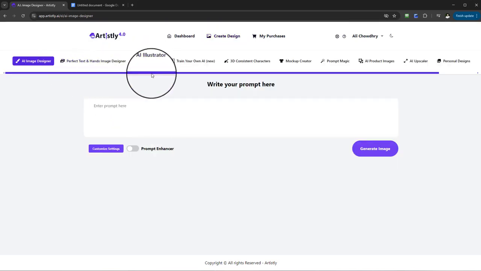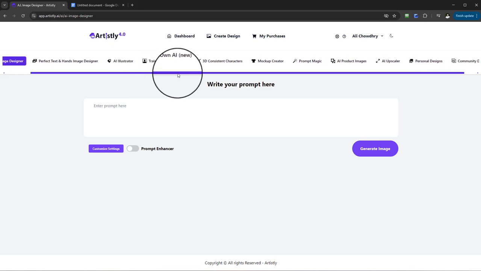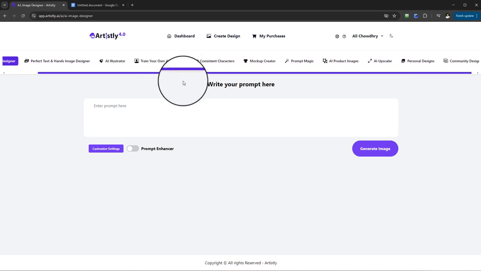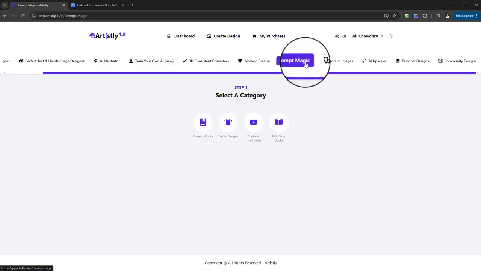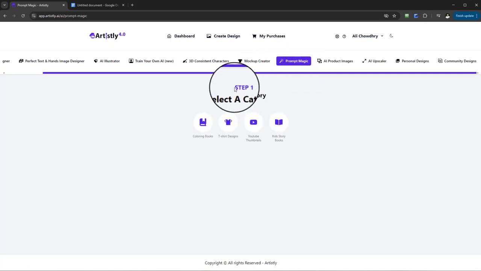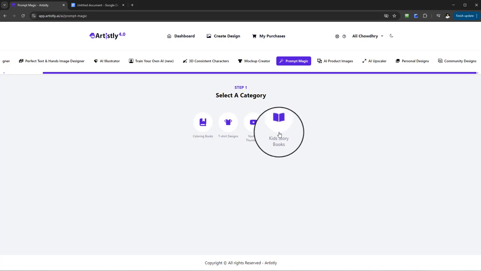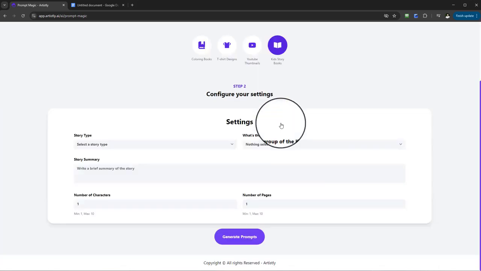And from the menu at the top, we're simply going to scroll across and go to the Prompt Magic tab. So select Prompt Magic and you're going to see step 1, select a category. We've got a number of categories we can choose from. For this, we're going to go to Kids Storybooks. Once we select that, you're going to see step 2 has now appeared,